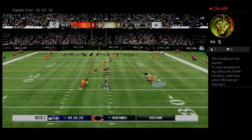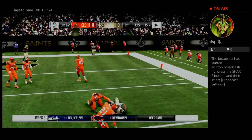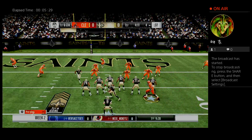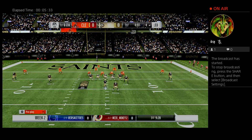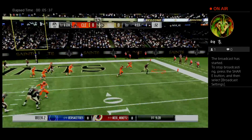Breeze looking to throw on 3rd and 2. And Gaines got it. And all the way down inside the 5 to the 4. They're able to convert on 3rd down, and that sets up a 1st and goal. How about the start throwing the football? 4 for 4 on this opening drive. Oh, he's slinging it. And oftentimes...